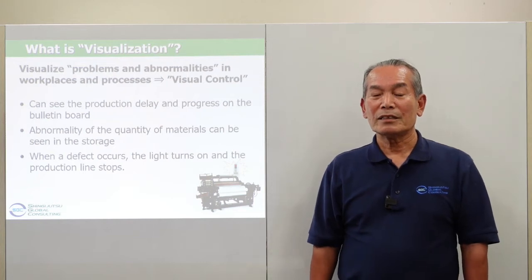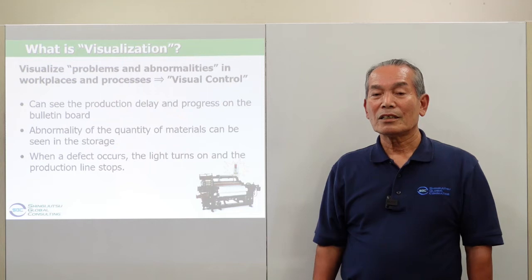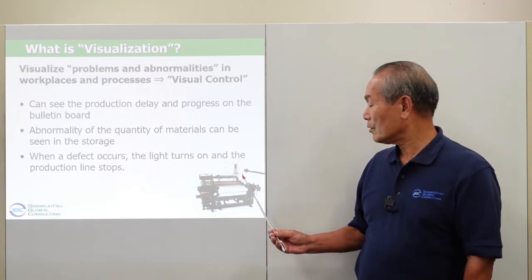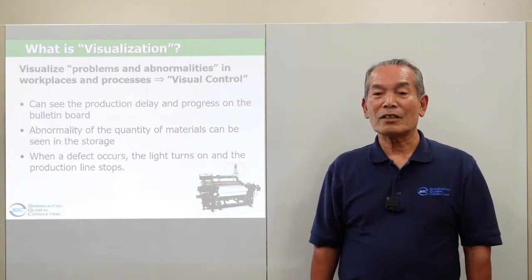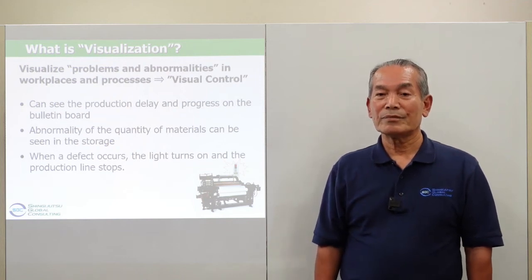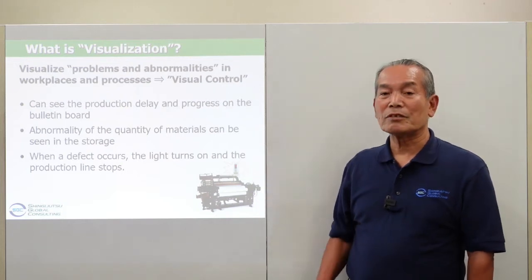Sakichi Toyoda's automatic loom that would stop automatically when something abnormal occurred. When the loom stopped, a light would turn on, and that is how visualization has evolved to become a visual control. Examples of visual control could be a bulletin board that shows